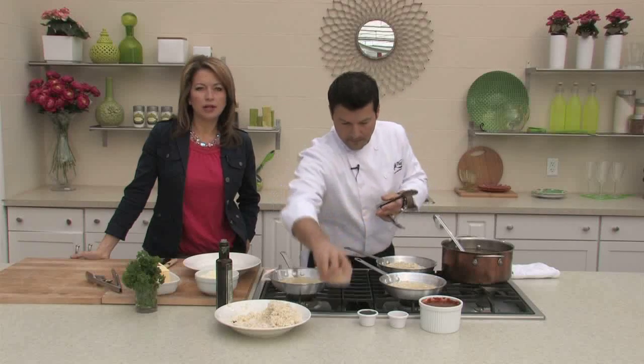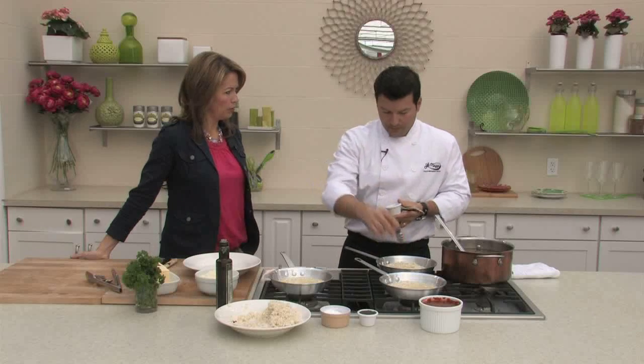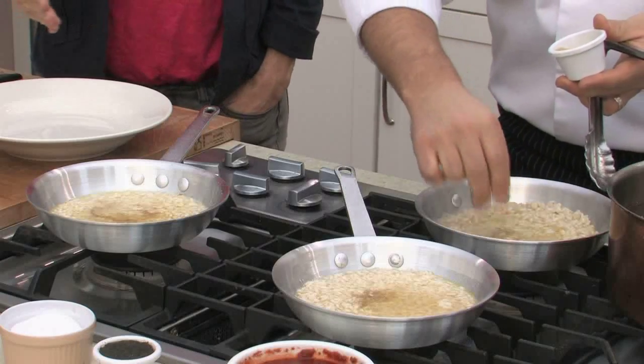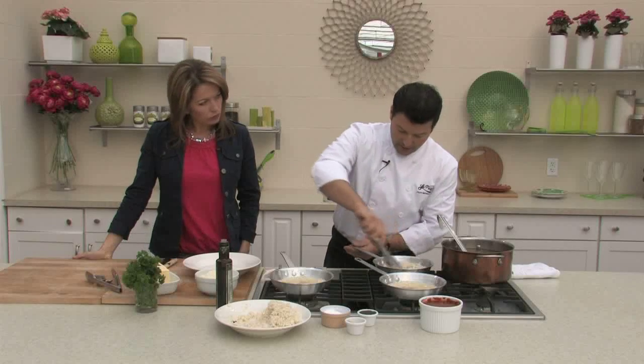Now, I know a lot of times when you're in a restaurant and you're ordering risotto, they ask for extra time because of the cooking process. So, if you were to do this from scratch, cooking the risotto, how long does it take to prepare? It's about 40 minutes. Yes, that's what I thought. Depending on the volume that you're doing, you're looking at about 40 minutes or so. Yeah, they'll ask for extra time because it is one of those things that you really can't